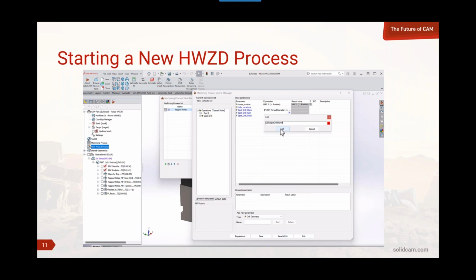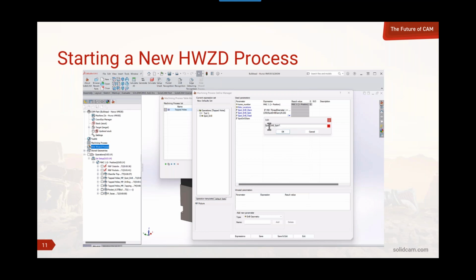And then I can say I want that value divided by 0.262. That gives me a quick, easy way of changing surface footage into RPM. Very fast, and it can vary based on the size of the tool that we picked in the previous conditional statement. Same thing here with my spot drill